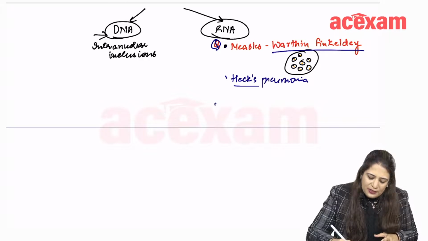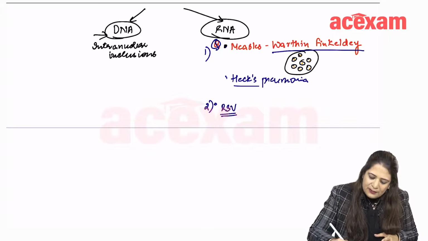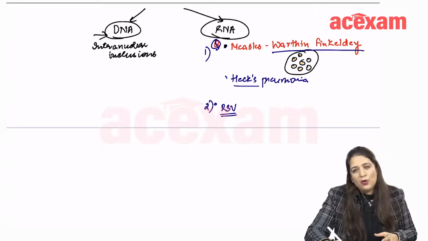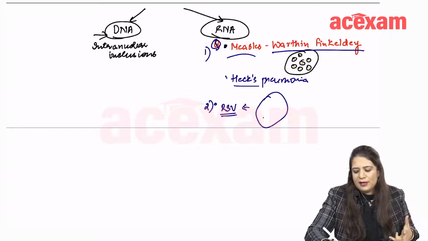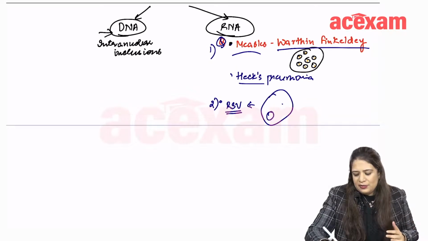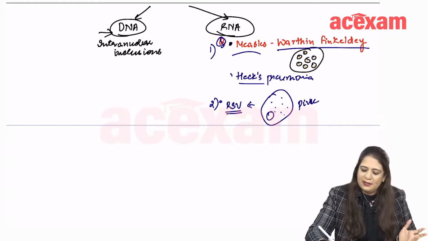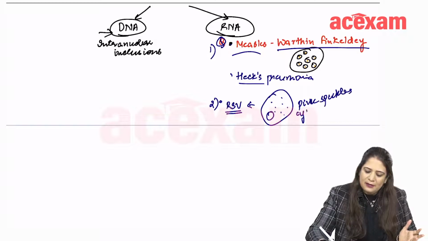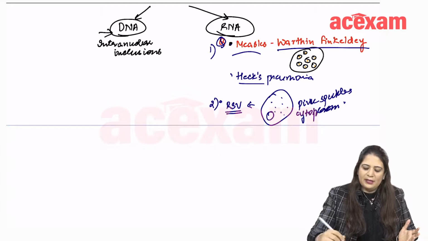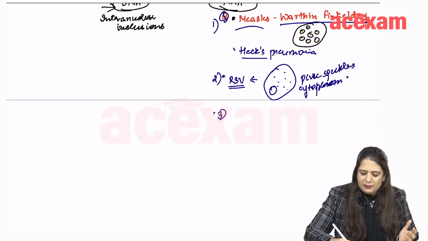Then also the RSV virus is another exception to this. RSV, respiratory syncytial virus, is not forming any intranuclear inclusion. So RNA viruses don't form intranuclear inclusions except for measles. But RSV, on the other hand, does show certain cytoplasmic changes, and those cytoplasmic changes are the appearance of pink speckles. Like CMV was showing purple speckles in the cytoplasm, RSV shows pink speckles in the cytoplasm. This is one thing. Then even